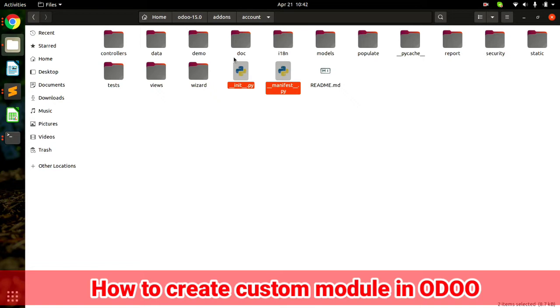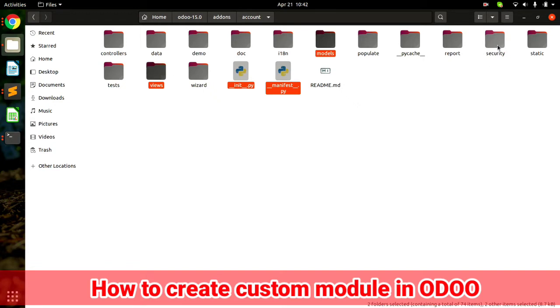Now as we are creating the custom module, models is a very important folder to define all of our Python files, and there is a view folder to define all of our views, all of our XML files, where we can create form view, tree view, Kanban view, calendar view, menu items, and actions.